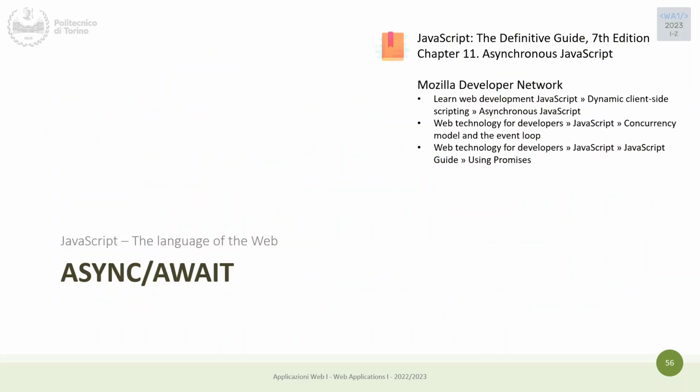Okay, before moving to the async-await construct, that is the concept that I told you before, that uses promises to create an extra layer, I would say, of synchronicity,